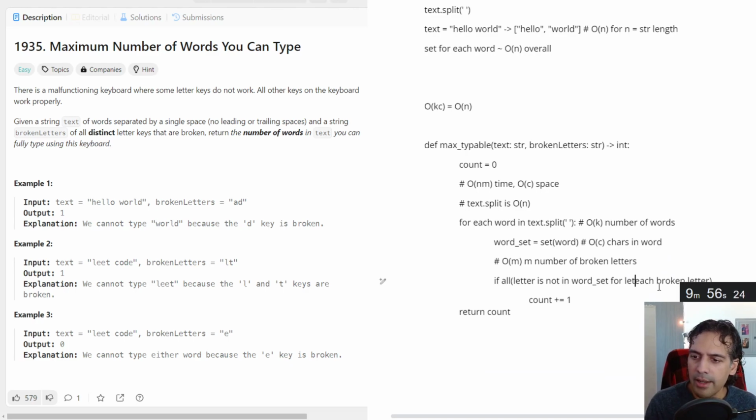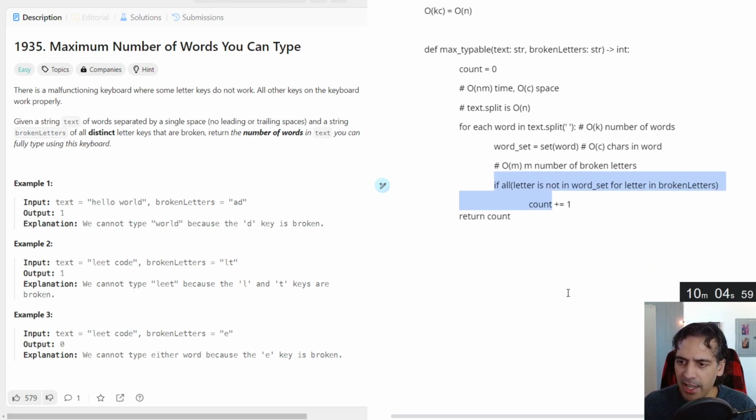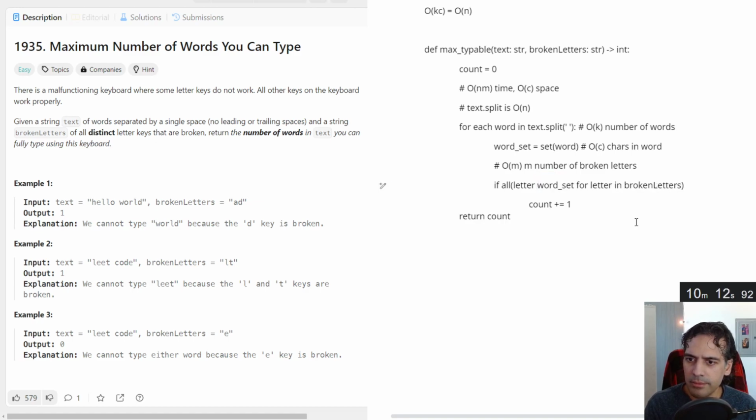For letter in broken letters. And this is kind of an inline for loop. So for letter in broken letters, we check if that letter is in word set, and we want the not of that.